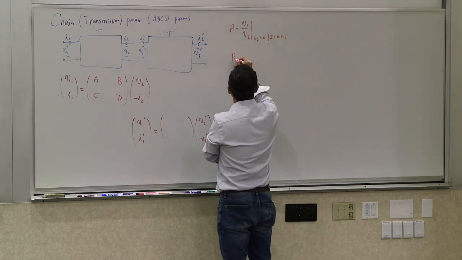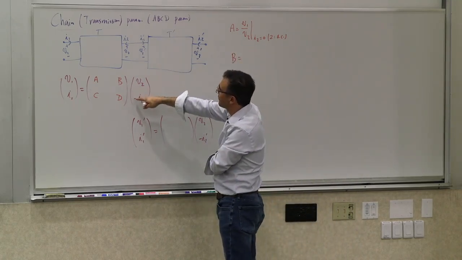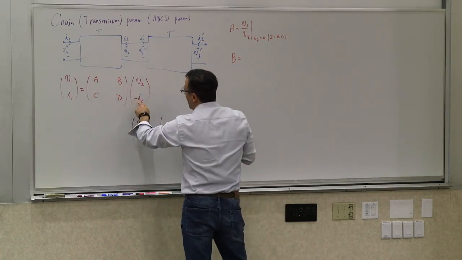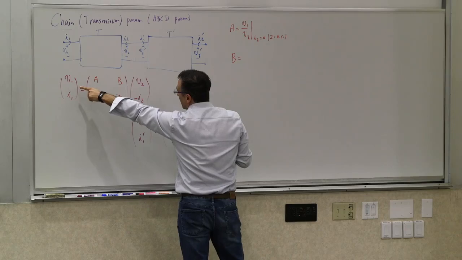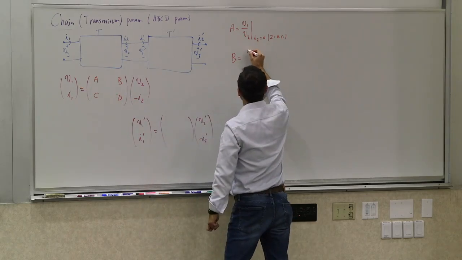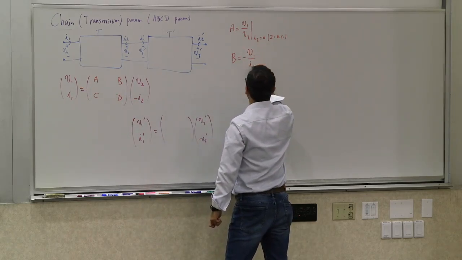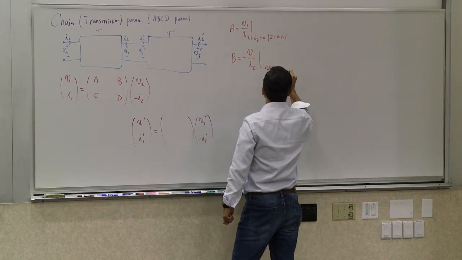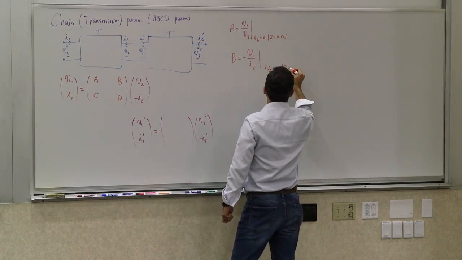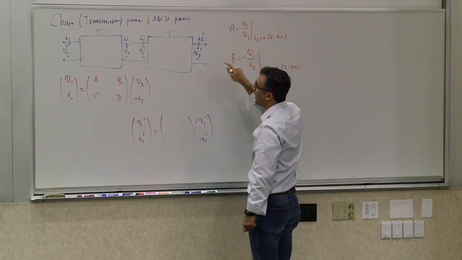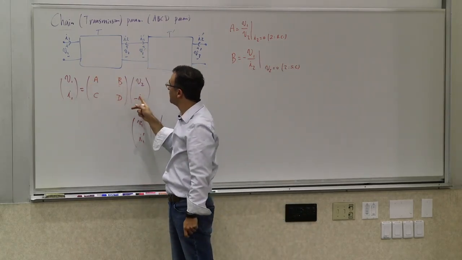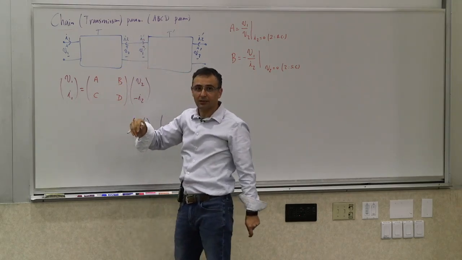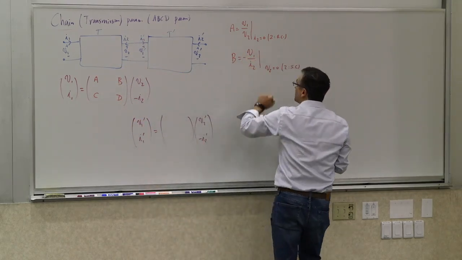Then B is evaluated the same way, right? B is going to be, so we have B times negative I2 is V1. So B becomes negative V1 over I2 when V2 is 0. In other words, port 2 is short-circuited. So here, you apply a voltage V1, you measure the current through a short circuit. You short-circuit the second port, and you look at that current, and you look at the inverse ratio, V1 over